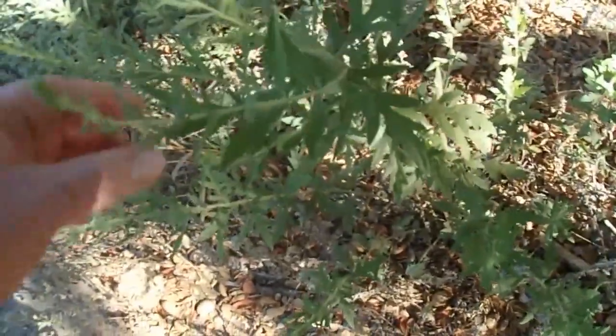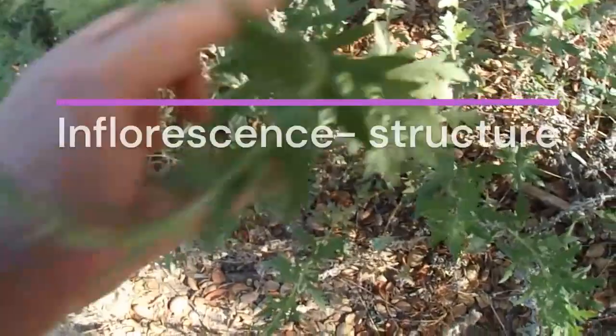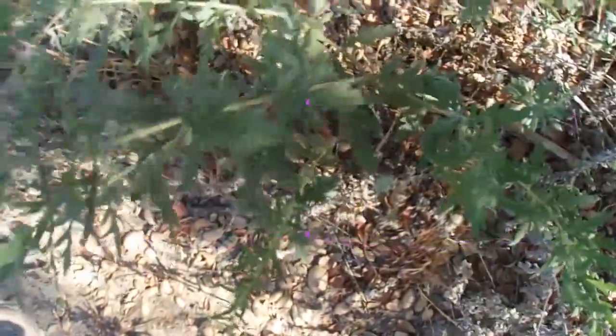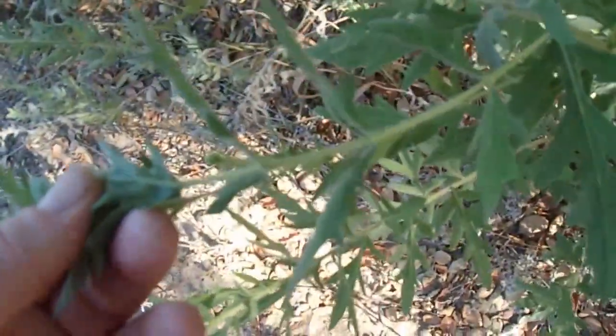So now we're going to be talking about the inflorescence of the plant. You see here, we're talking about how the leaves are lobed. The leaves are generally oppositely arranged. As you see here, they're opposite each other on the stem, and then we get these little inflorescences at the top,